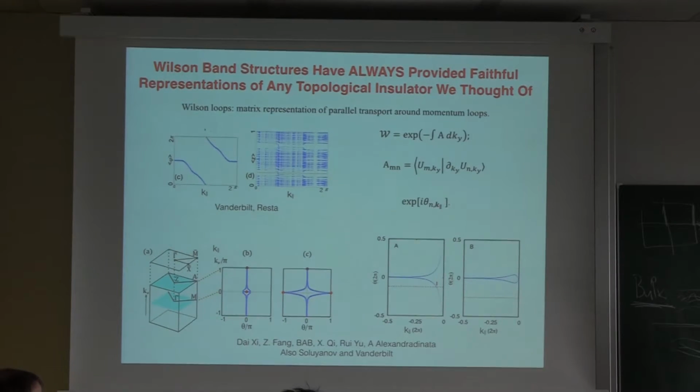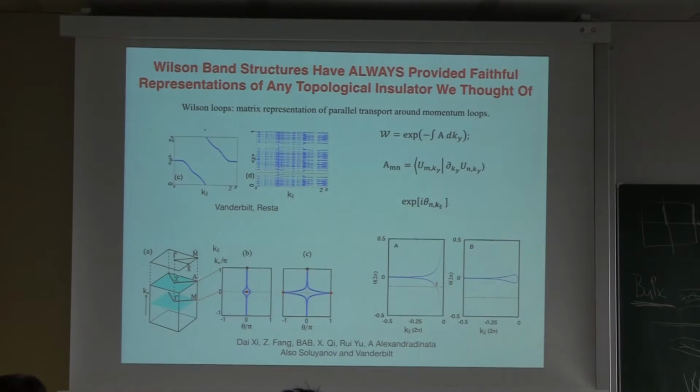And this quantity is the Wilson loop, and you can index it by a direction, which is the direction in which I'm going. The reason I'm doing it in y is because the surface that I wanted to look at in my material is perpendicular to y.